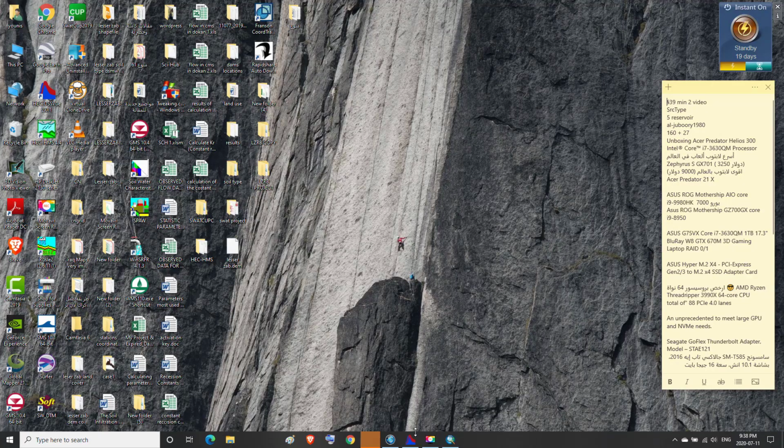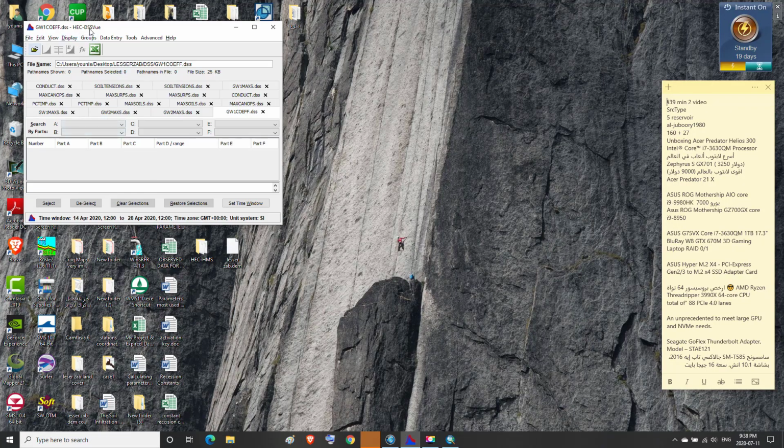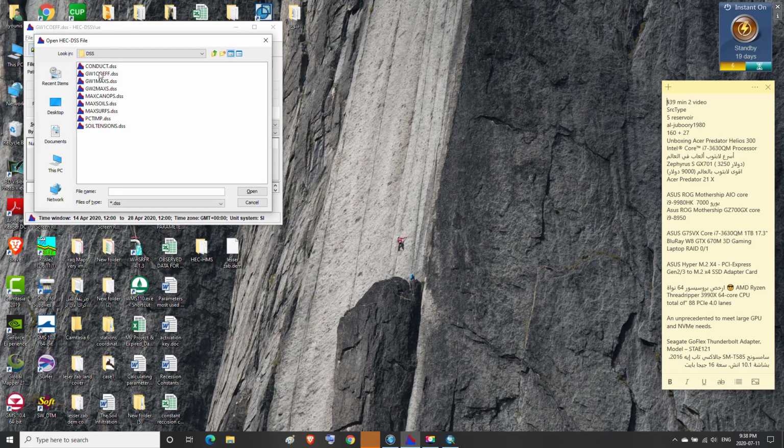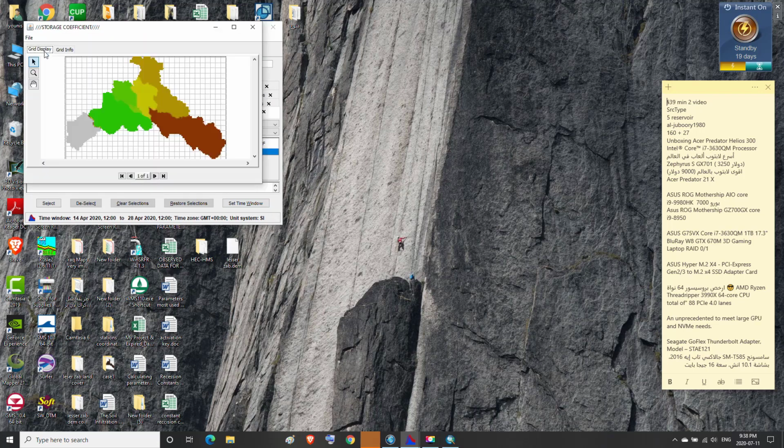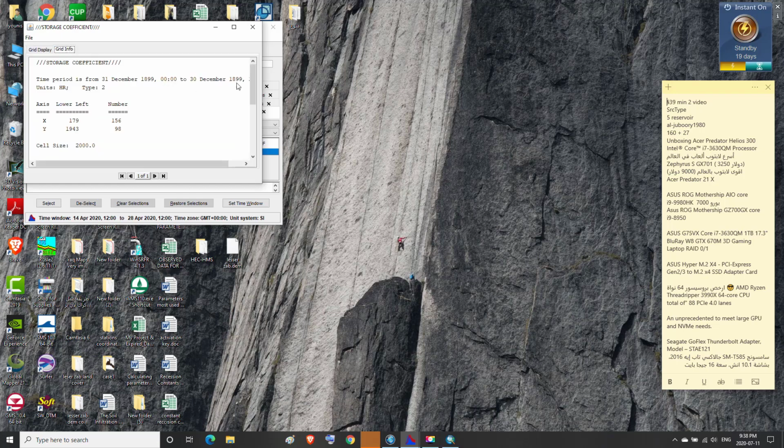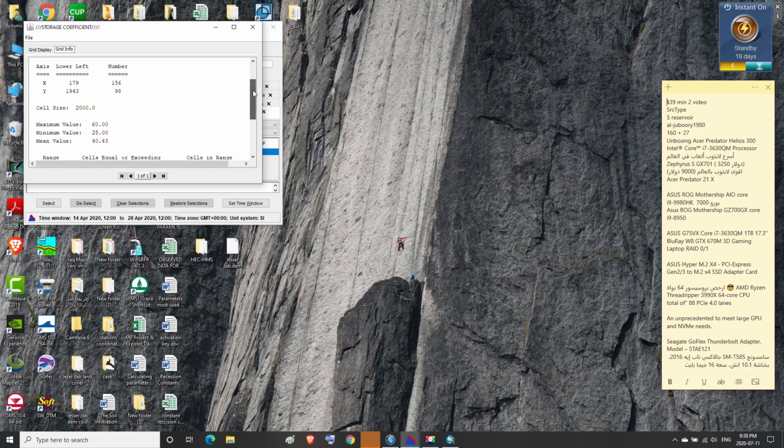To view the results, we go to the HEC-DSSVue program, in which we go to open and choose GW1 coefficient.dss, then open, then we choose it and we press on plot. The grid for the GW1 coefficient appears, which can be read by the HEC-HMS as we see.